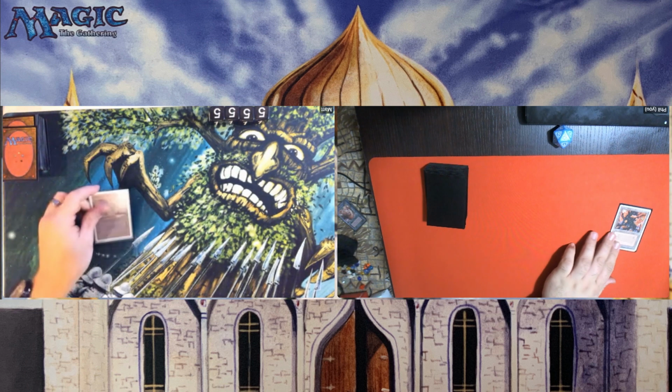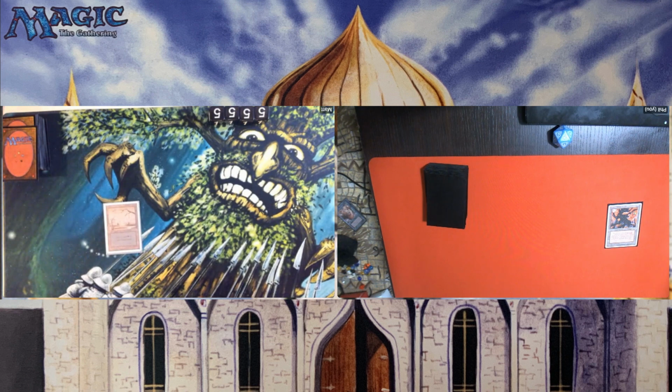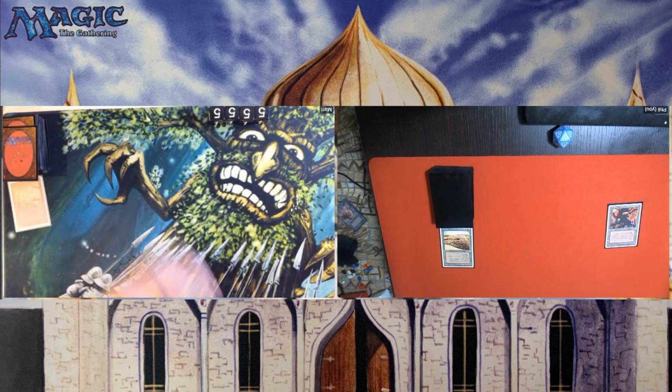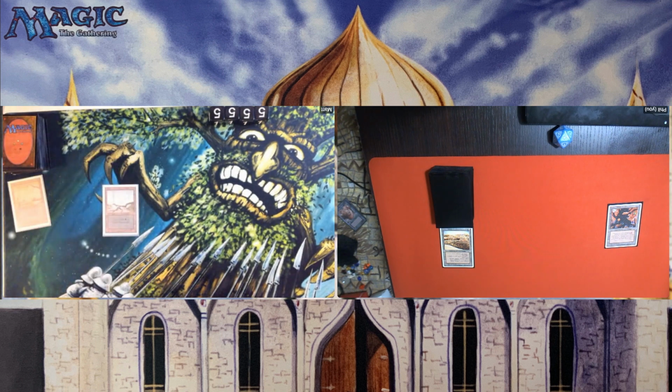So in game 2, I of course choose to play first. I play Mishra's Factory. Matt plays a Swamp, so no crazy fast starts from any of us, and I use my Strip Mine, hoping to slow Matt down a little bit. He plays one more Swamp,